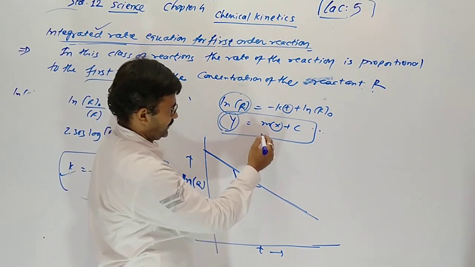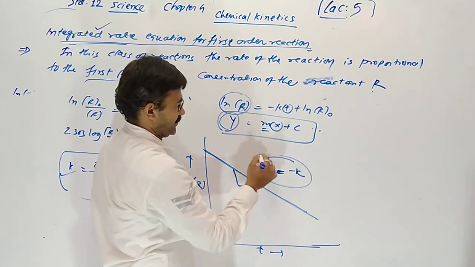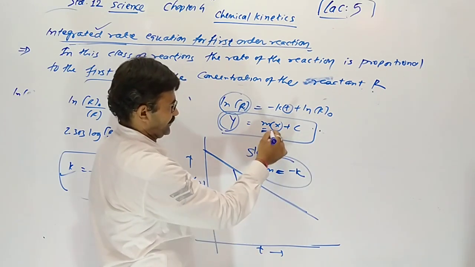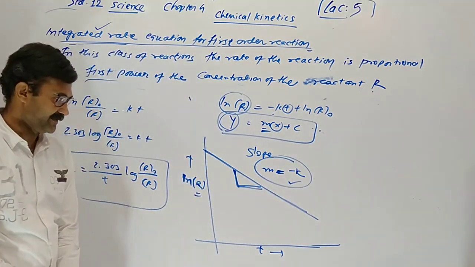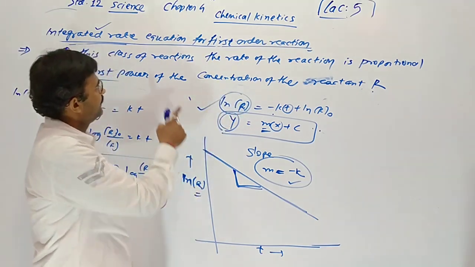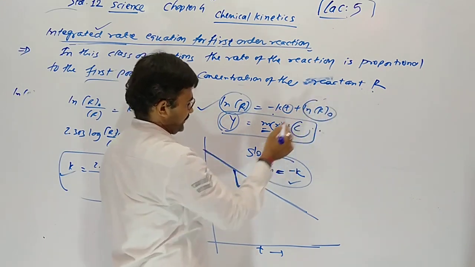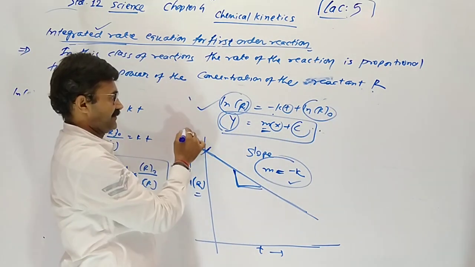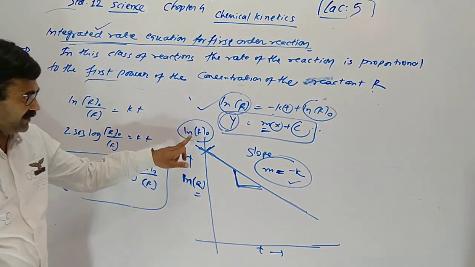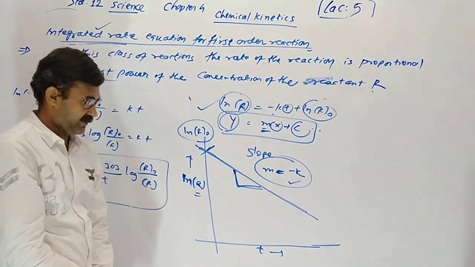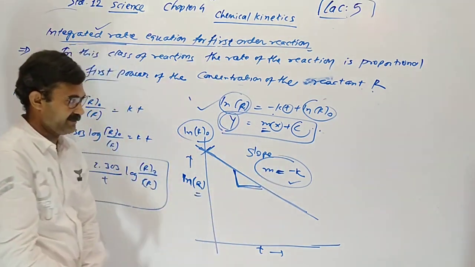And slope, m means slope. Graph is decreased, so value of slope will be negative. Yes, it gives a k. We can derive k, rate constant, easily from the graph by using the integrated rate equation. And the intersection, where the graph cuts the y axis, is ln R0. So we can also derive initial concentration by plotting graph ln R versus T. Your slope value will be minus k.